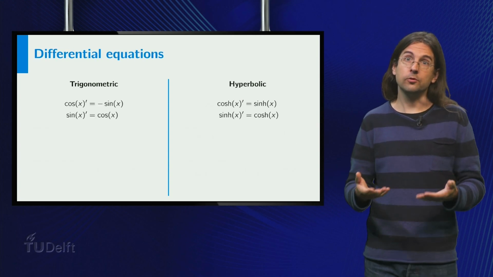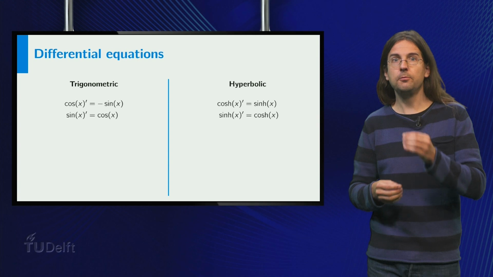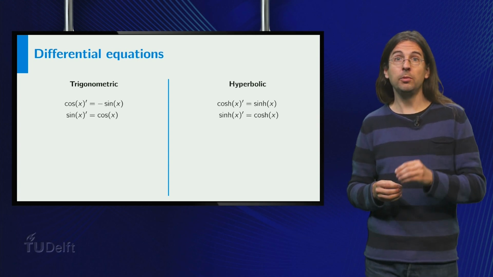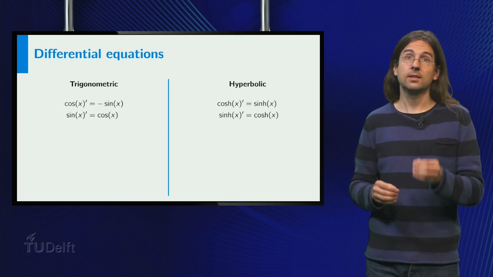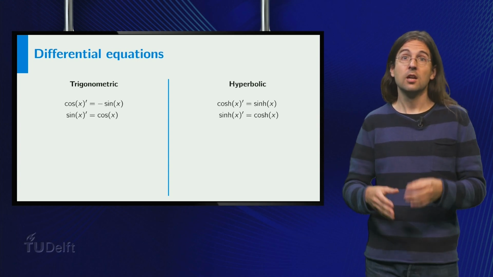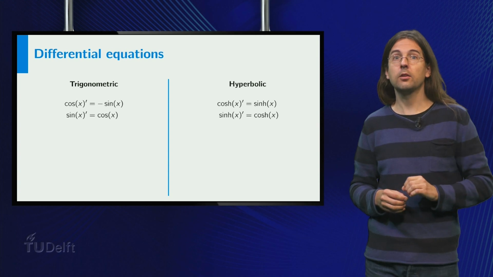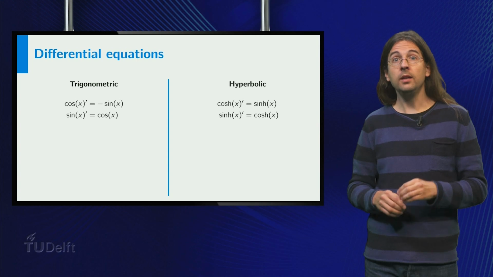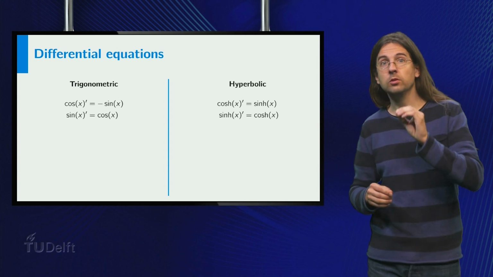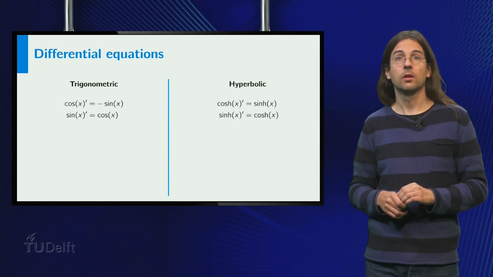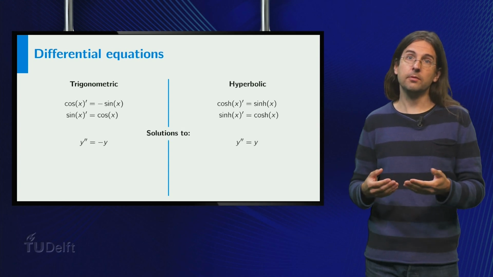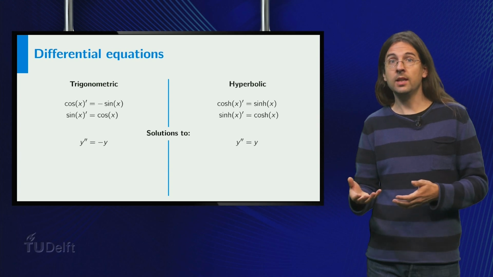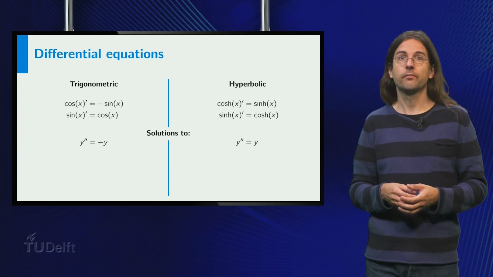Our motivation for considering these functions is their role in differential equations. Calculating the derivatives, we see that the hyperbolic functions once again look just like the regular cosine and sine. But notice there is no minus sign in the derivative of the hyperbolic cosine. These derivatives imply that differentiating twice returns the original function. In the trigonometric case, the second derivative of the cosine and sine is minus the original function. In the hyperbolic case, it is the original function itself.